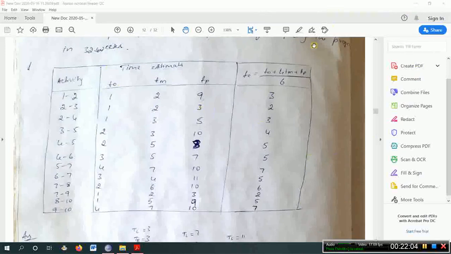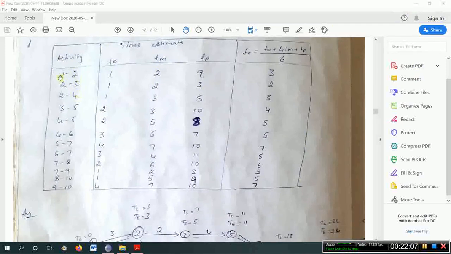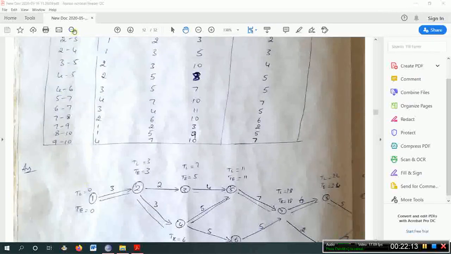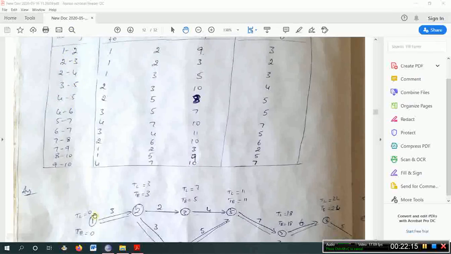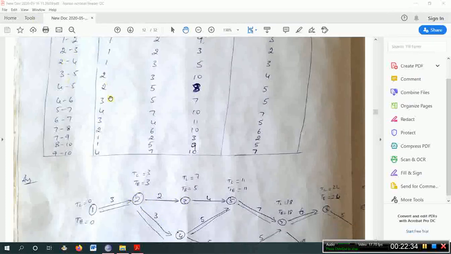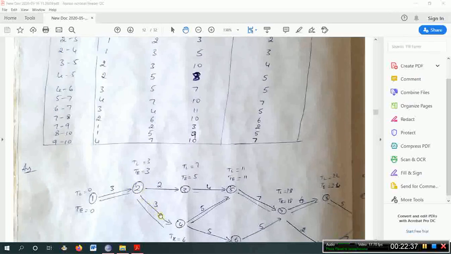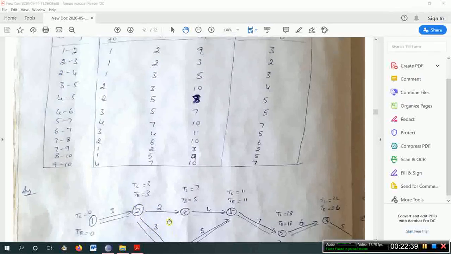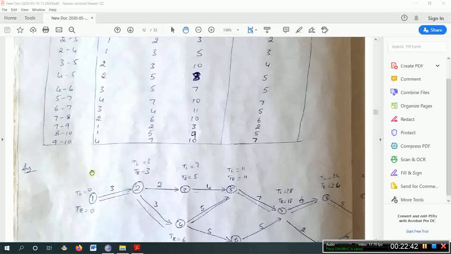Okay, so before going to solve the problem, first understand how to construct the network. They have given it in this format: 1 to 2, 2 to 3, 2 to 4, like that. So construct as per the given data: 1 to 2. First construct a node initially, put it as 1, and next start an arrow for the activity, it ends with 2. Okay, put 2, that is over. Next 2 to 3, so after completing 2 you have to start 3. Next 2 to 4, so from the same event you can start one more activity, that is 4. Similarly construct for all the given activities.